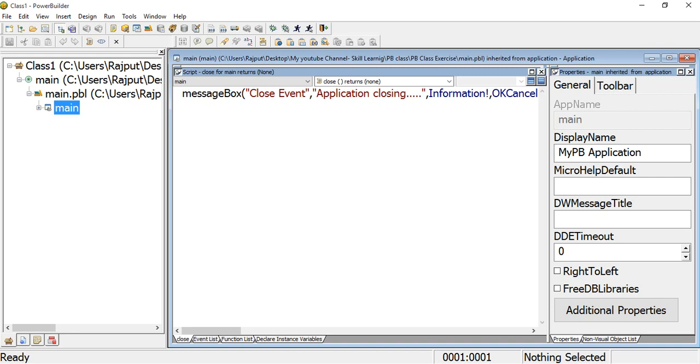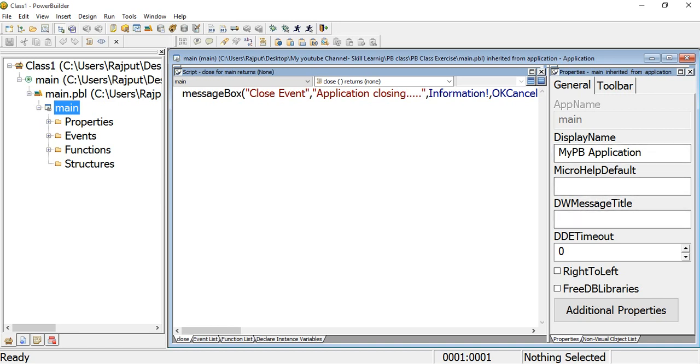If I open this tree, there are three main things. Application is an object, so every object has three main things: properties, events, and functions. Properties include variables also. Here in this part we can see the properties.